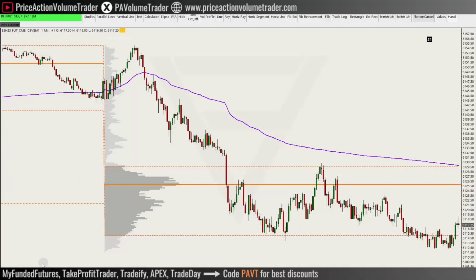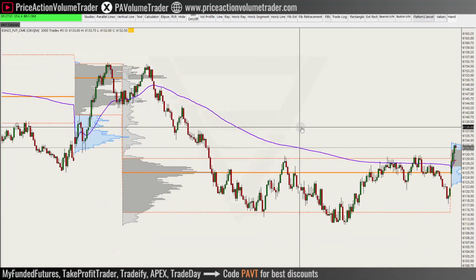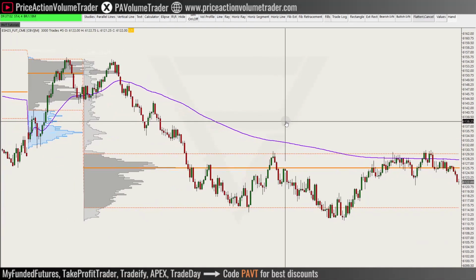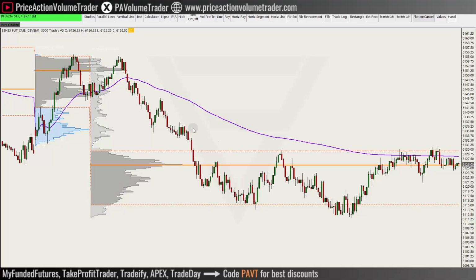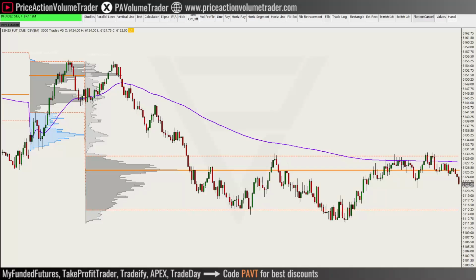Whereas if I go into a tick chart, I feel like the candles look a lot cleaner. The rotations look a lot cleaner. So you can see right here we had the push up into the value area high, then the move down, and then here you can see very clearly this support level broken, and then we had the little pullback here which occurred right at